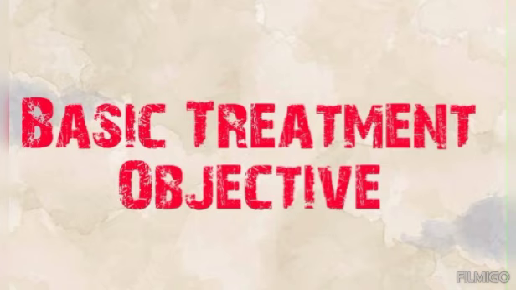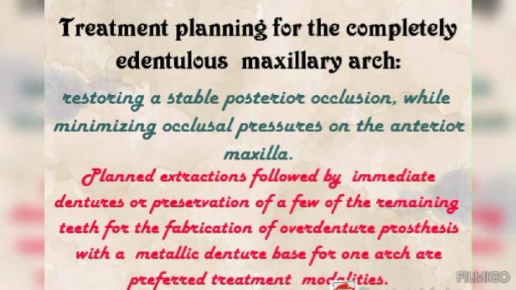So next, moving on to basic treatment objectives. What are the basic treatment objectives? Treatment planning for the completely edentulous maxillary arch. So we have to restore a stable posterior occlusion while minimizing occlusal pressure on the anterior maxilla. Planned extractions followed by immediate dentures, or preservation of a few of the remaining teeth for the fabrication of an overdenture prosthesis with a metallic denture base for one arch, are